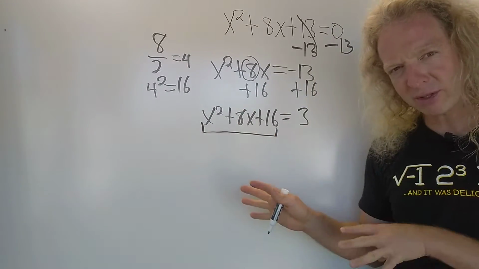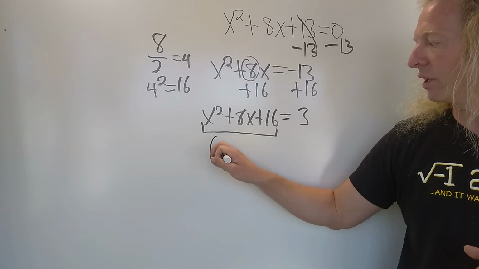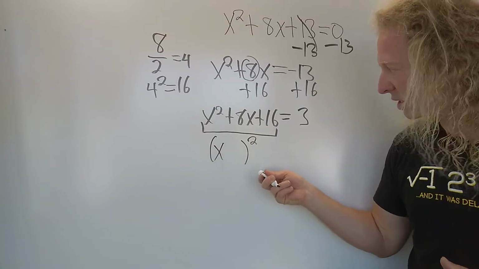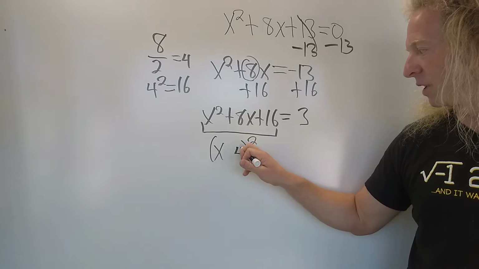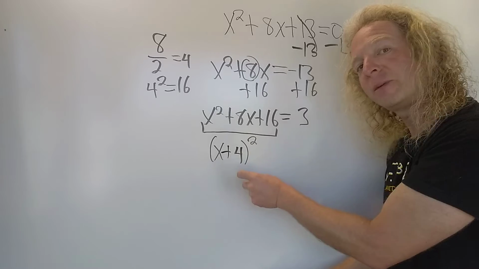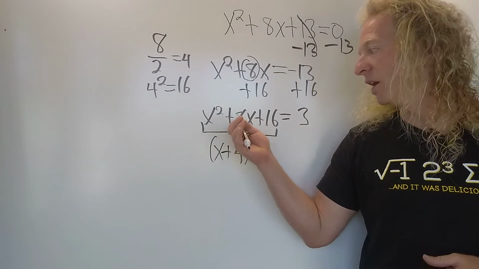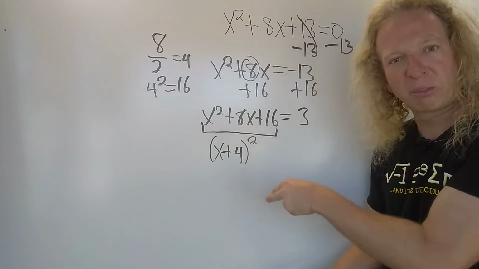After you do this, the step will always be the same, okay? So this will always factor no matter what, and it's always going to look like this. So you just write this down, parentheses x, take this and divide it by 2. So 8 over 2 is 4. And then you keep the sign. Every single time, this magically becomes this. That's the whole point of completing the square, that this factors. This is called a perfect square trinomial, because it factors into what's called a perfect square,